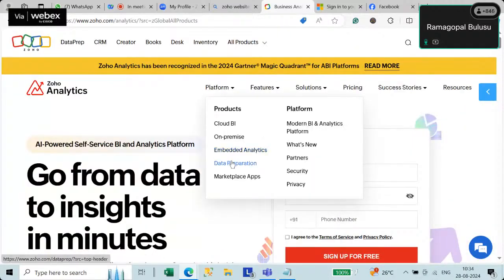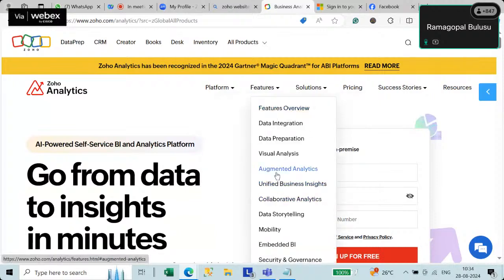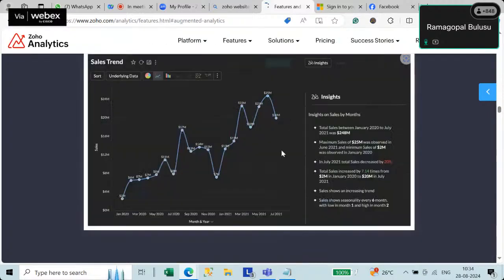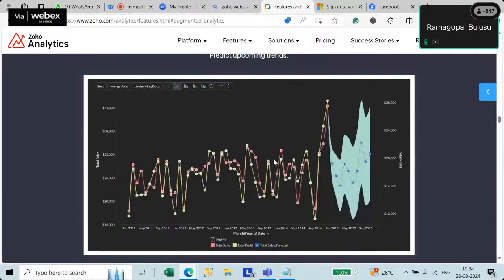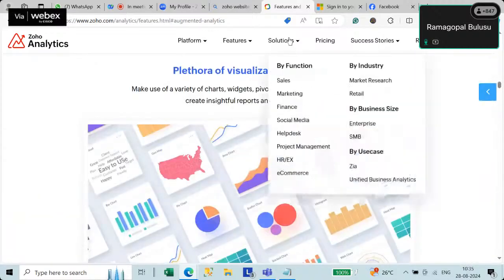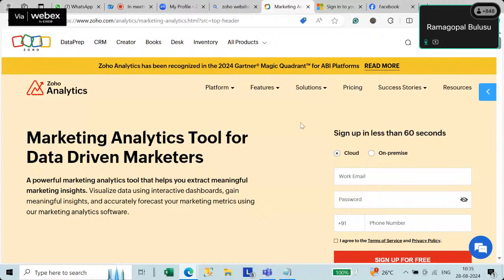Platform, cloud BI, data preparation, market. There are separate options, right? If I click on this, okay, see this page. Now this page has opened. And in the same way, if I click on something else, marketing, the marketing page opened. In the same way, each and every page, each and every scenario, integration testing, the next system testing, then final